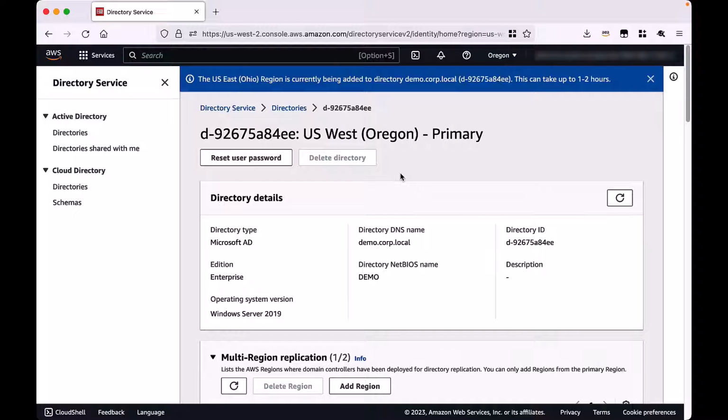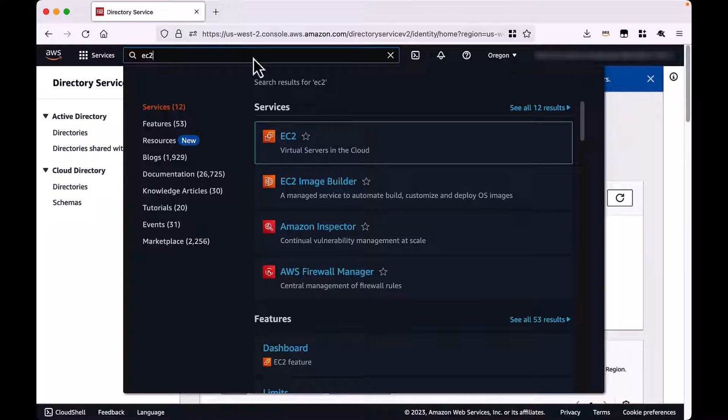Now let's take a look at the Seamless Domain Join feature. So with the Seamless Domain Join feature, there's no need to script or automate your Windows and Linux systems to join the AWS Managed Microsoft AD when they're launched. We'll walk through this example using an EC2 instance. So we'll browse over to the service,